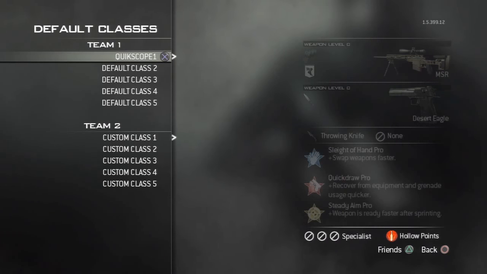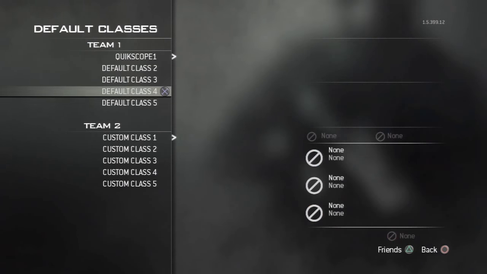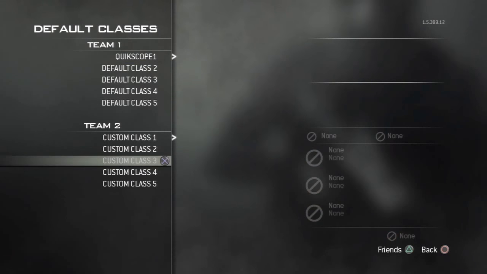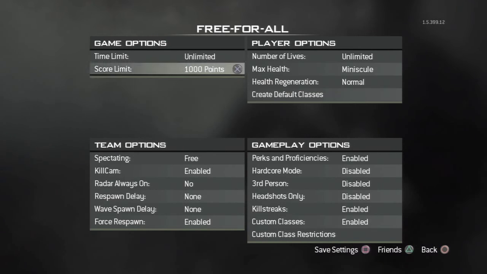And these classes are mimicked. Everything else is set. You know, throwing knife, all the perks are the same. And this is typically all what you do, how to set up your class. So you just set up what you want, you know, if you only want one person to use that one loadout, and then of course you go down